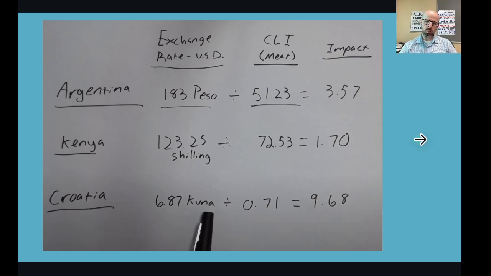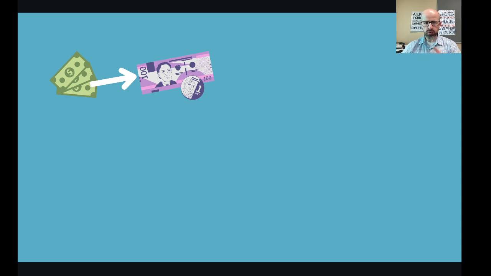Okay, well, what does this actually mean? I think we need to visualize it and have a really good picture of what this number is actually telling us, not just saying bigger numbers are better, but actually have a good picture on what this is telling us. That's where we've struggled. We don't really have a picture of what this is telling us. So, here's your picture. I want you to imagine I go to Argentina, where they have the peso.